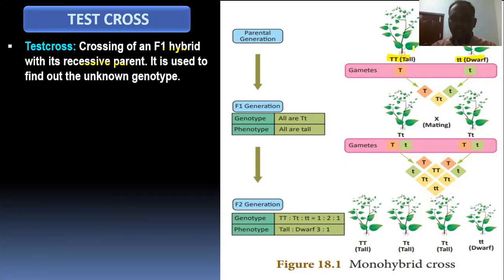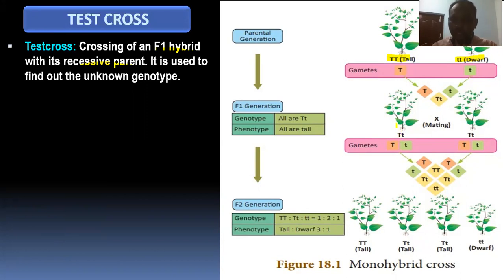When we cross these two parents, we get a progeny looking tall. So phenotypically it is expressed, but we are not sure of the genotype of the F1 hybrid. Here I wrote capital T small t, but we are not sure, because we collect seed from that cross and sow it into the soil, and all plants grow tall. But we are not sure whether the tall plant is encoded by capital T capital T or capital T small t.